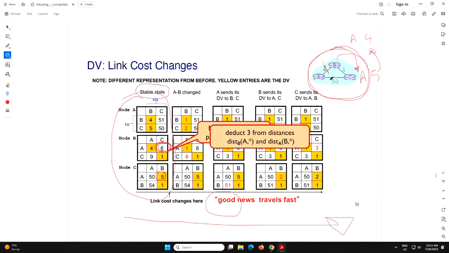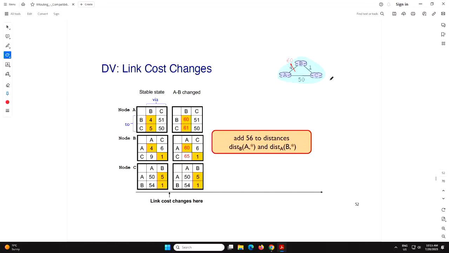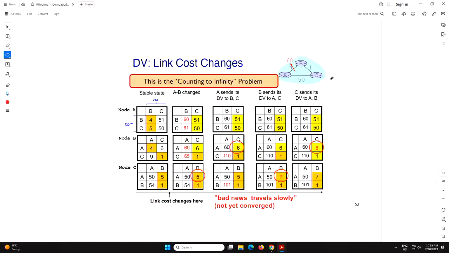However, if you go in the other direction, right? So in the network, if a link suddenly becomes heavily congested, which is bad news, right? Then you will see that this will create some instability and loop in the network because of the slow convergence and because of the problem I was telling you